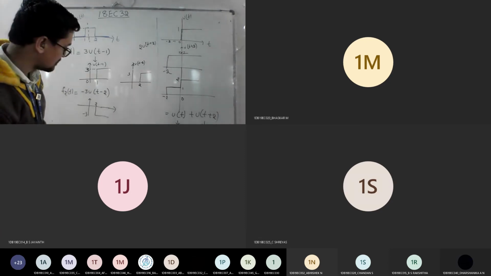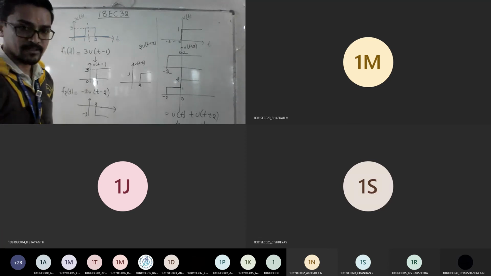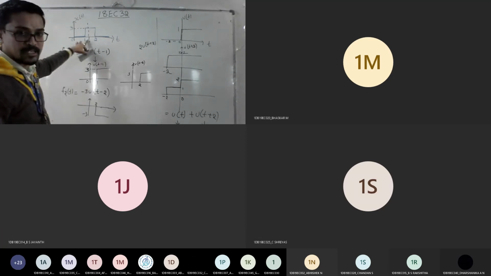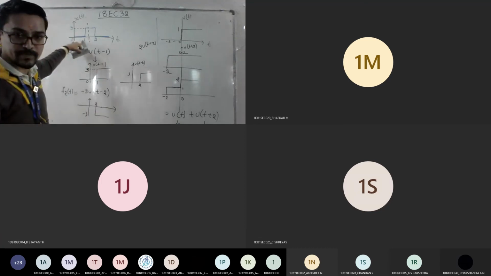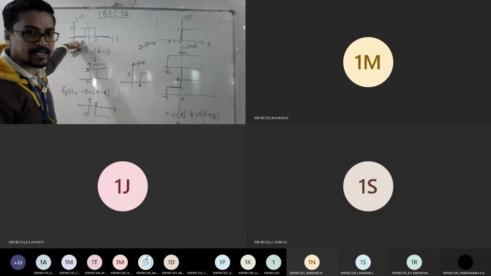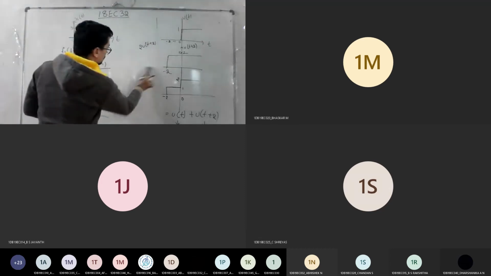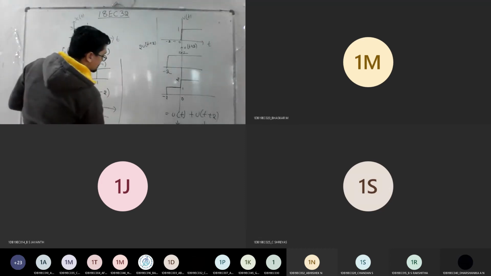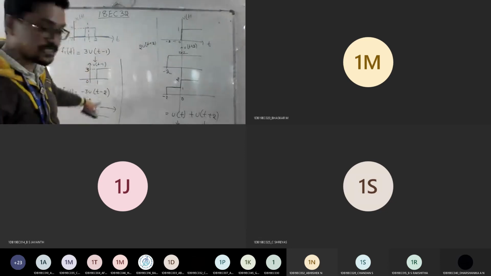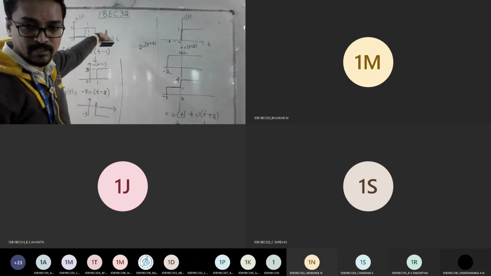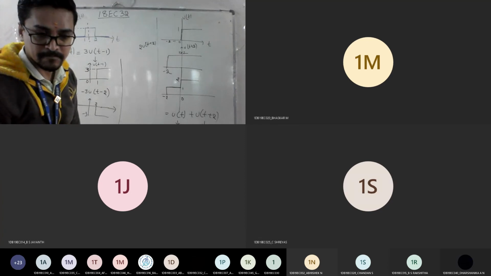Everyone? So the waveform starting from 2 goes towards infinity. Now let's verify. If we add this 2, I should get back my question. Yes or no? Add this 2 and check whether it matches the original question. If it matches, you can verify yourself whether you did it right or wrong. If you get back the question, you can know how much you're going to score. Is it fine?